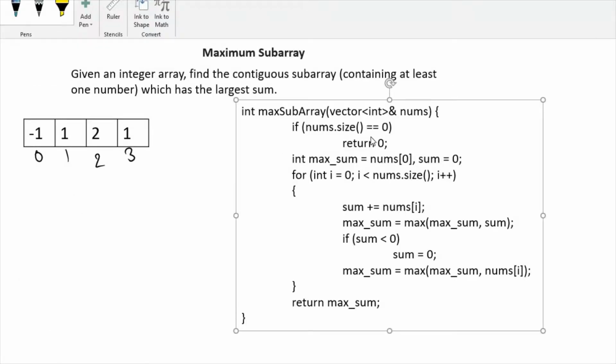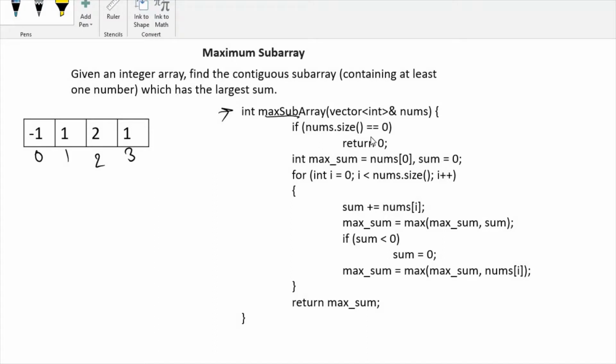Now we'll see the code. So this is a method, maximum sum sub-array, which accepts an array, meaning a vector, containing all the elements for which we have to find the maximum sum. And I have taken two variables, maximum sum and sum. If the size of the array is 0, then simply return 0, no need to calculate.